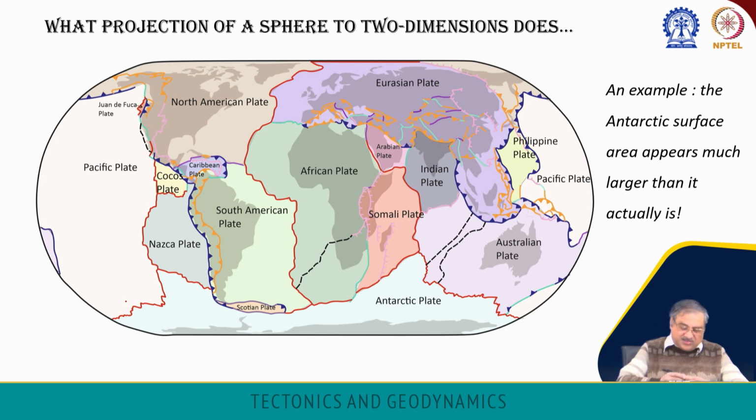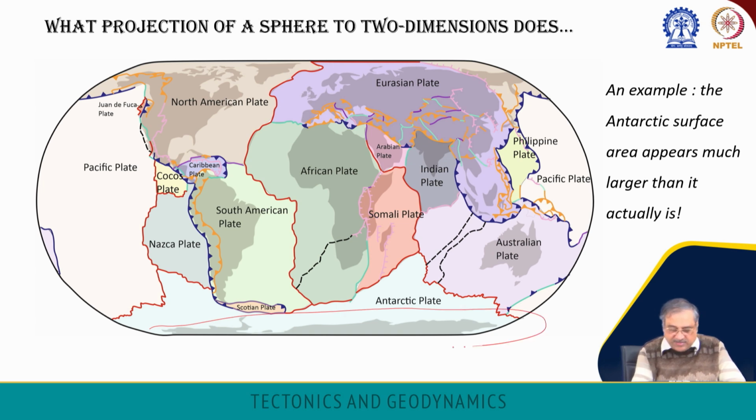So let's just think of the first thing, what the Mercator projection actually does. Now, an example, this is the common way in which the map of the world is represented. I've used one of our old diagrams that we were using. So this is to define the plates. The first time we were talking about plates, I think it was early in our course, we talked about this diagram, and you'll keep on seeing this over and over again. Now notice one thing, this is a sort of Mercator projection. Now notice